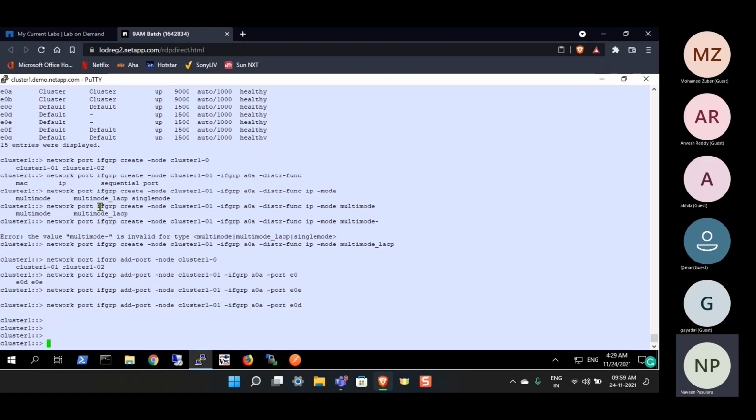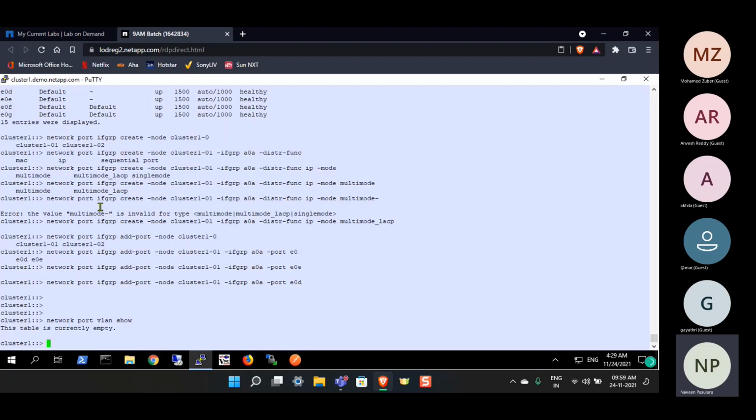Now what I need to do is configure VLAN as well. Don't just add the if group to the broadcast domain. You need to create VLANs also. Network port vlan show. This is the command to display the VLANs. See, I don't have any VLANs configured. It is showing empty. Now network port vlan create